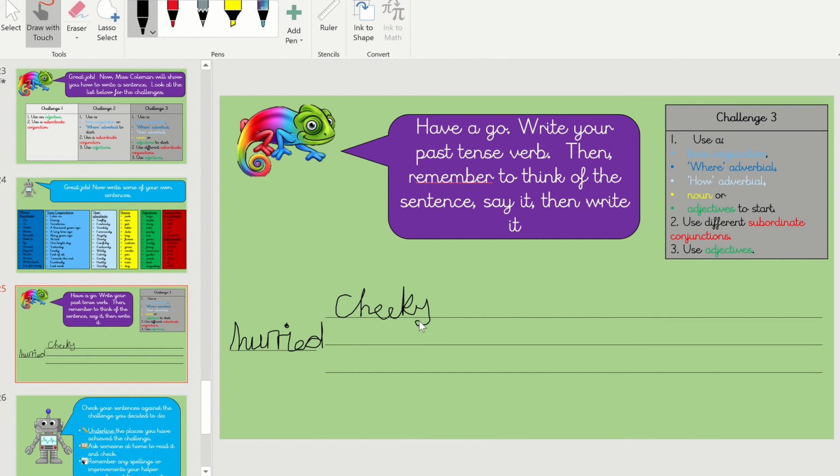We talked about that earlier on this week. Cheeky little gnomes hurried down the hill. Why did they hurry down the hill? Because they were trying to escape from the dragon. Yes. Cheeky little